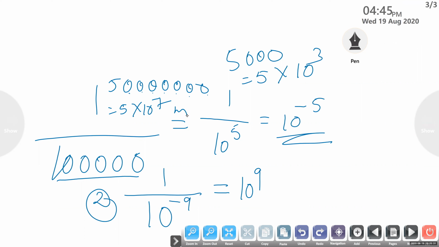I am teaching you that in physics sometimes we will get this kind of big numbers. Instead of going on multiplying with 0, 0, 0, 0, this is what we do: we make it into a raised to power. If it is in the denominator, we take it into the numerator and multiply. So if it is positive in the denominator, it becomes negative. If it is negative in the denominator, it turns into positive.